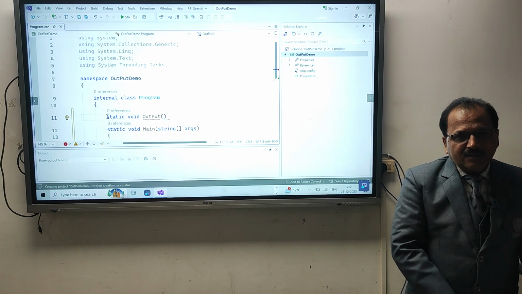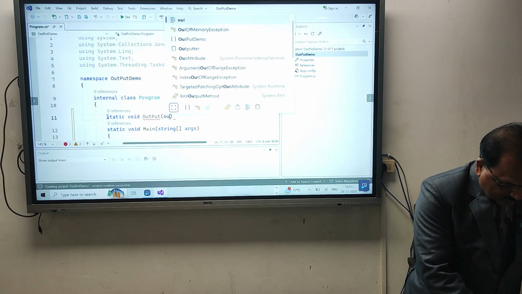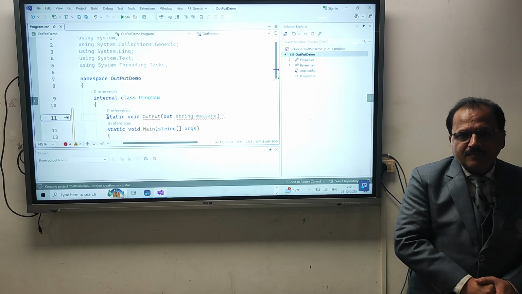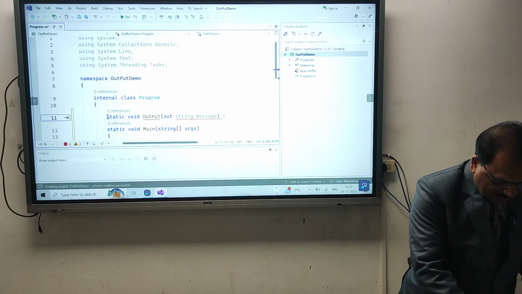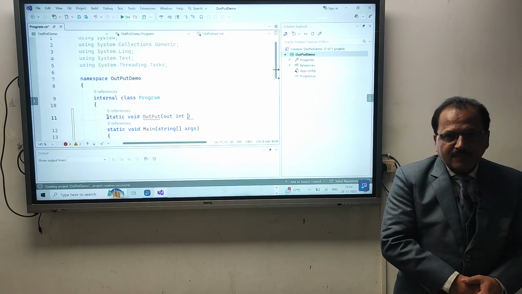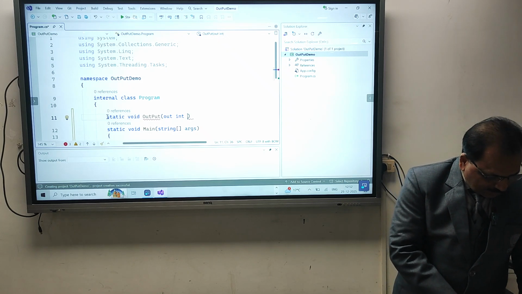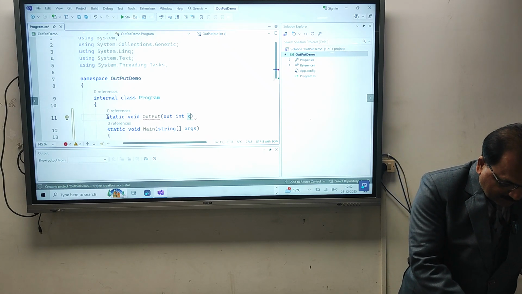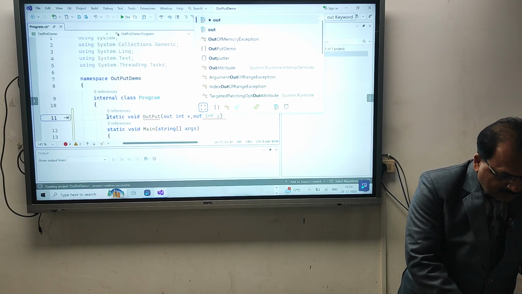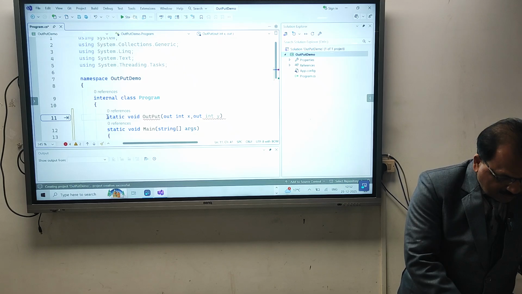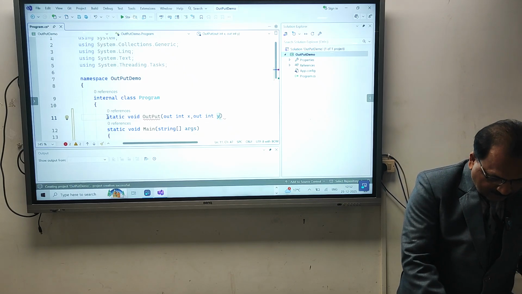Here we have to mention the out keyword, since it is going to return values to us. Then it is going to return two different numbers, so the data type has to be int, followed by the variable name x. Similarly, I have to create another variable with out, followed by int and then y.